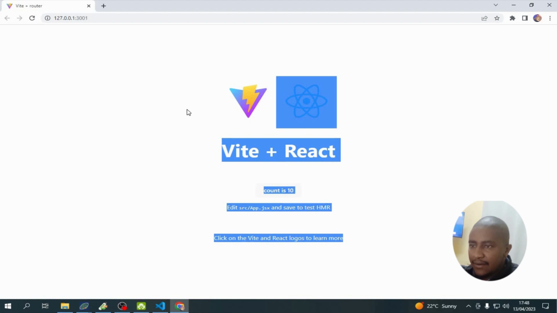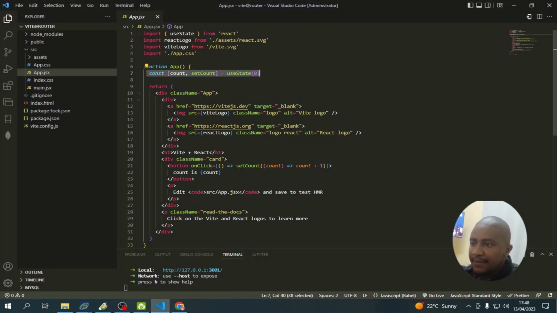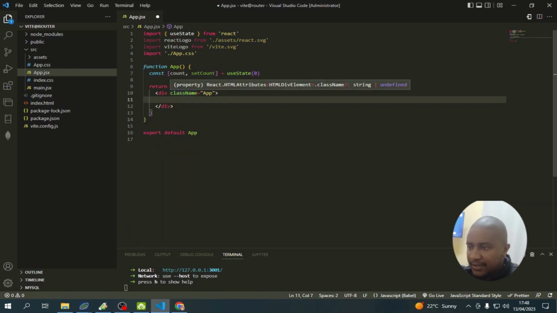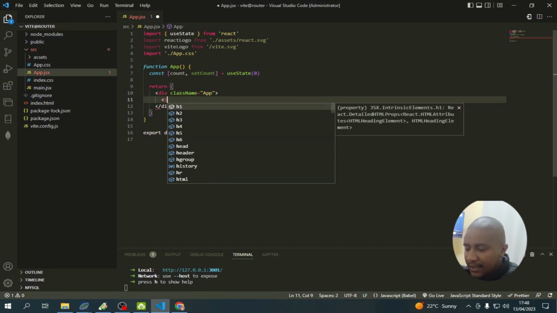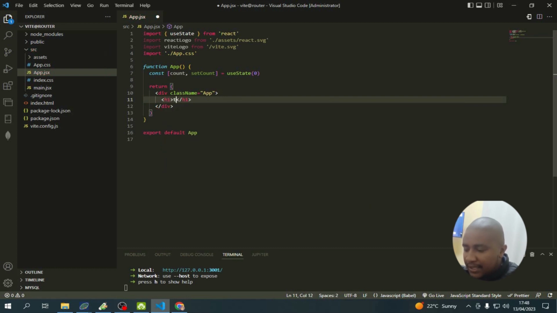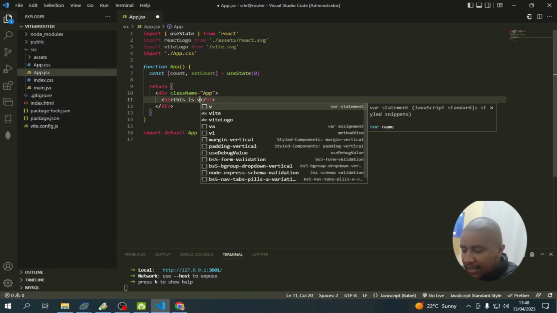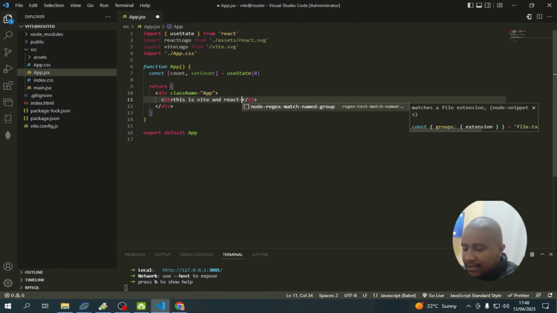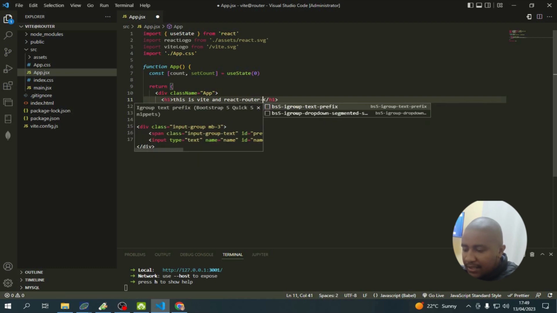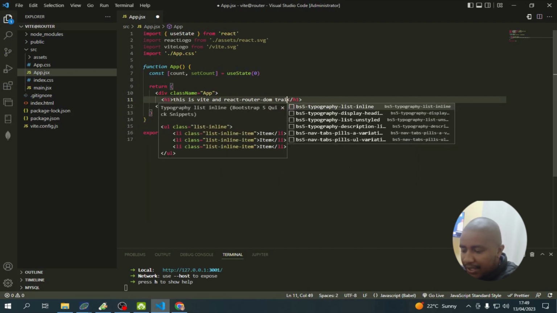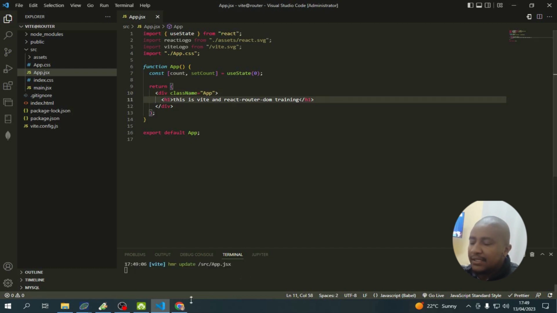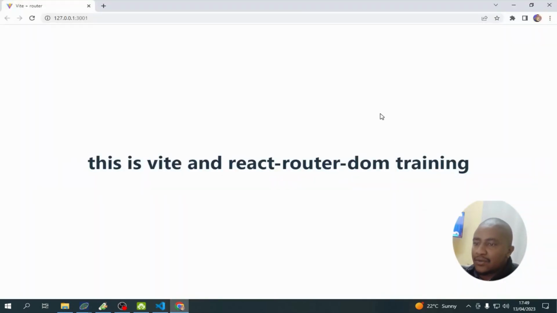So I'll clear this screen here, and I'll use an H1. I'll say this is a Vite and React Router DOM training. Sorry for that. You see, loading very fast,